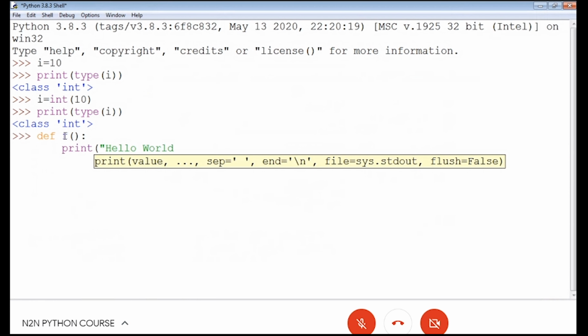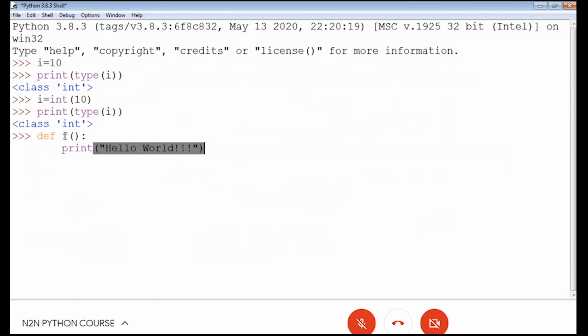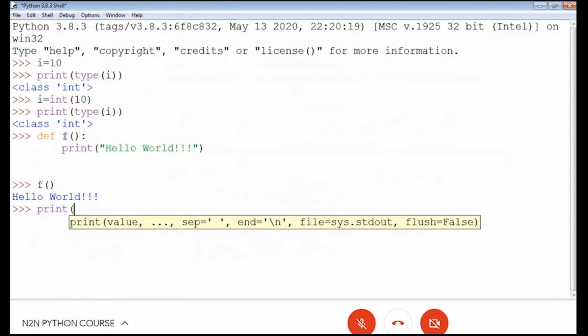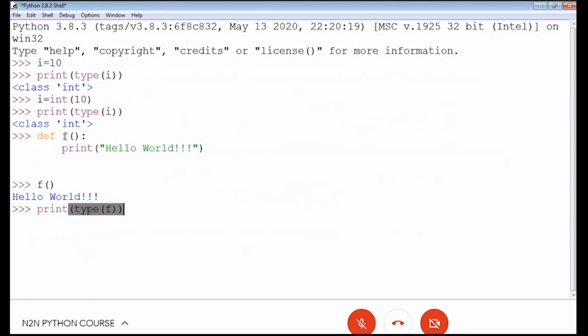Like here I've created a function. We call that function, no doubt. But if I try to print the type of f, that is this f, it will also be an object of some class. Get it? And it is an object of class function.